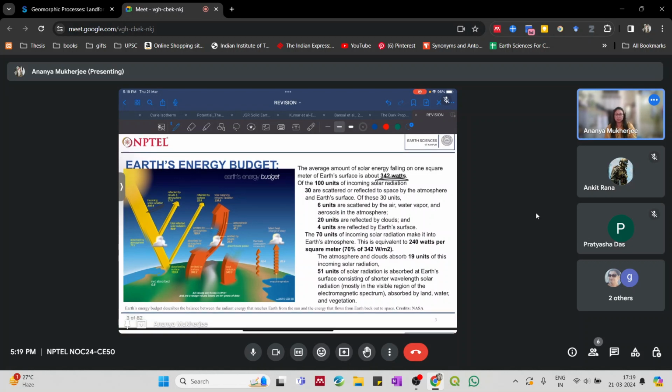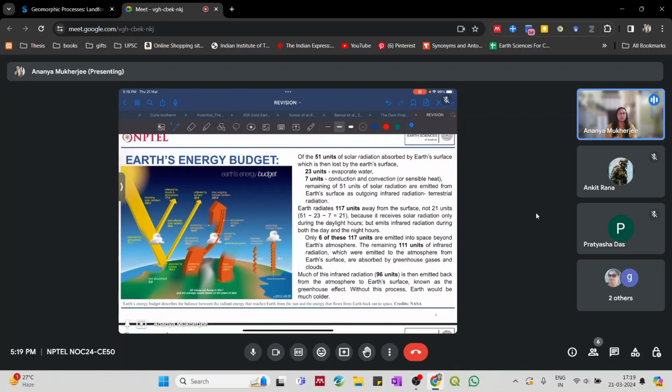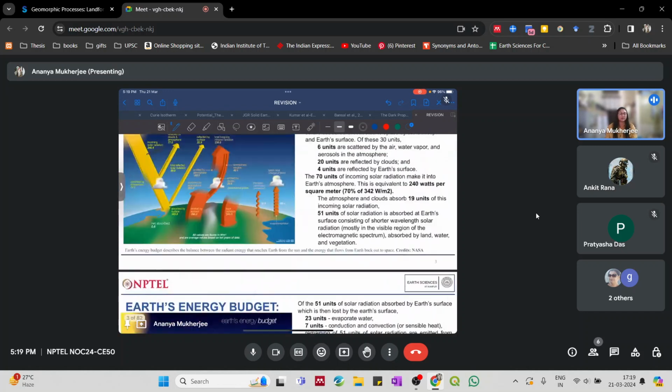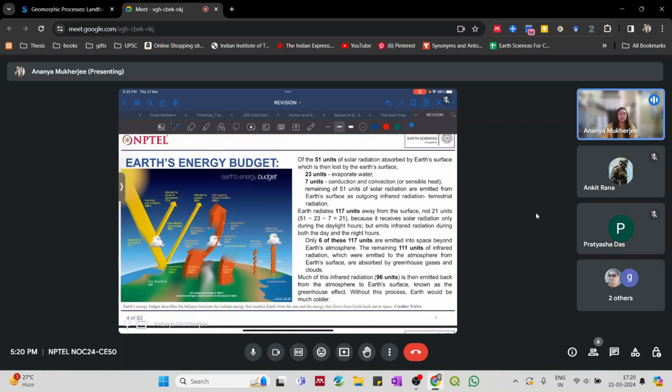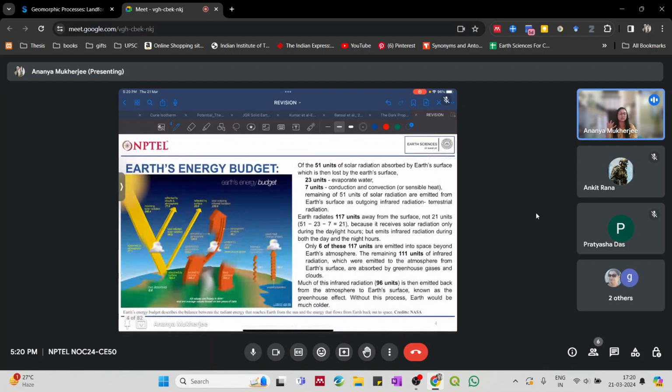Okay, so this is a similar way that the different kinds of units of the solar radiation, most of this is actually only in the atmosphere, and some part of it actually penetrates through the atmosphere, and the part which actually reaches the Earth's surface, there is a separate kind of interaction with the Earth's surface, as well as again some part is re-emitted back into the atmosphere, and so on. Okay,